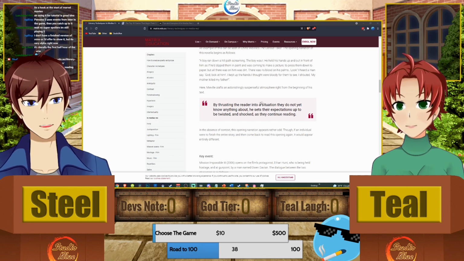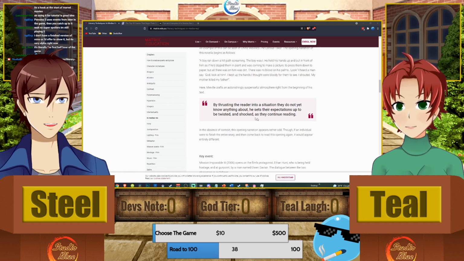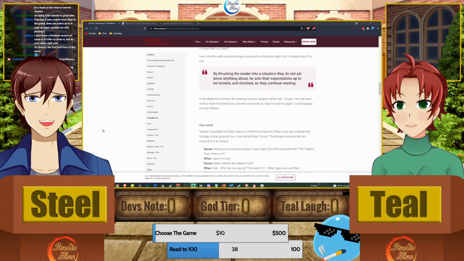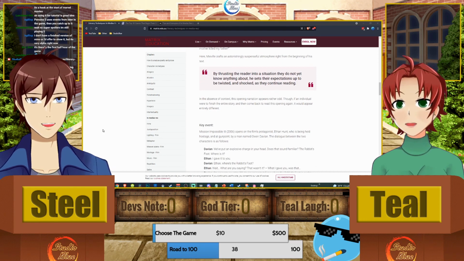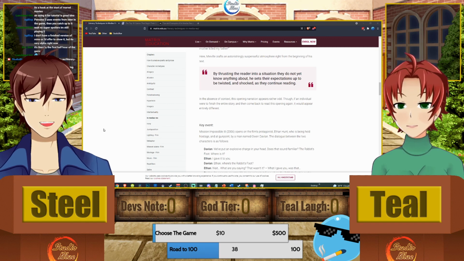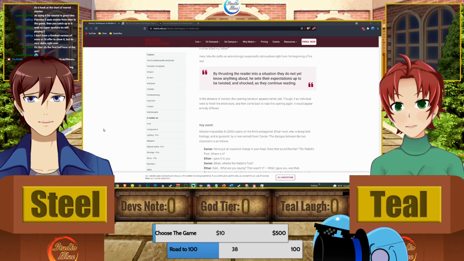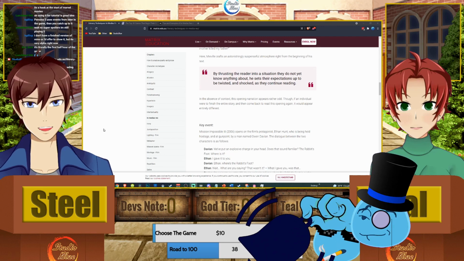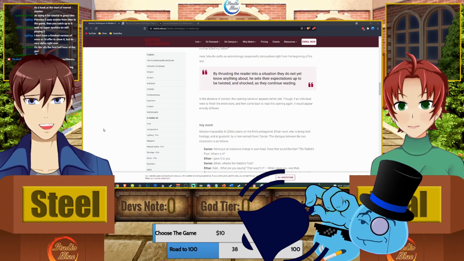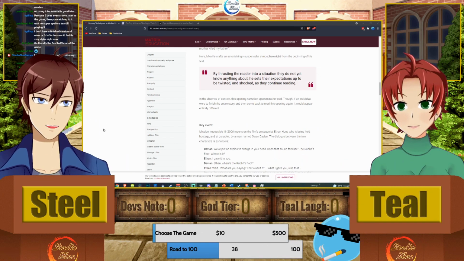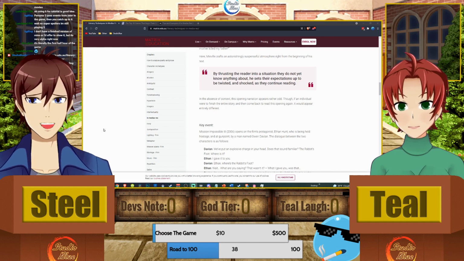By thrusting the reader or player into a situation they do not know anything about, you set the expectations to be twisted, shocked as they continue reading. So the reader is now expecting you to slap them in the face constantly with awesome stuff. Absolutely. So that they figure out how it got there. And understand in media res doesn't have to be action oriented. A fantastic example of that is the beginning of the Marvel movie Captain America: The First Avenger. It starts with them finding the shield frozen in ice. And they're like, what's going on? And then the rest of the movie is how Captain America got from short little tiny Chris Evans to frozen in ice.